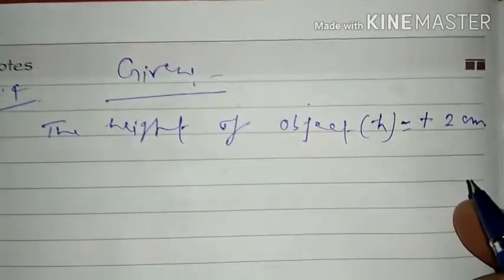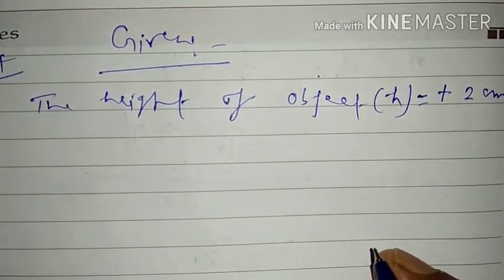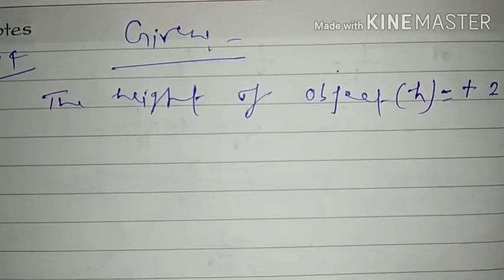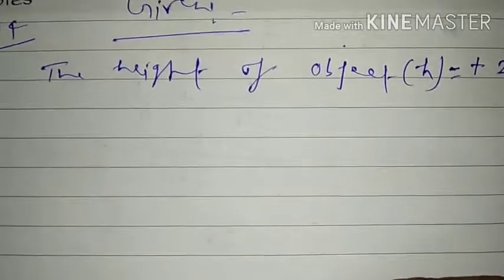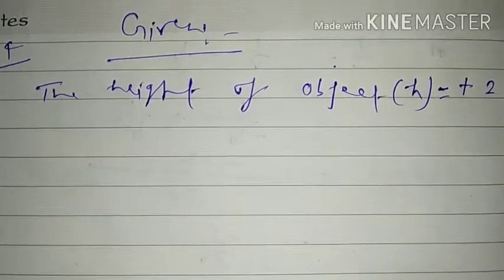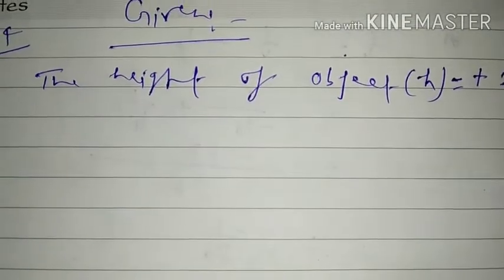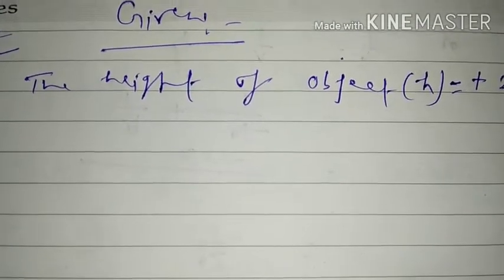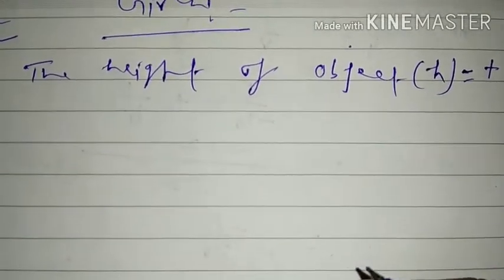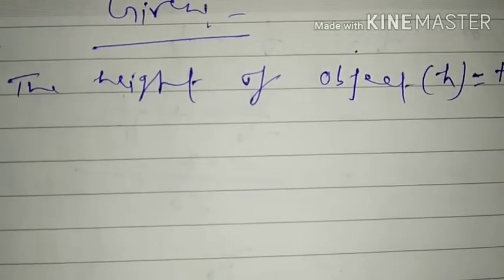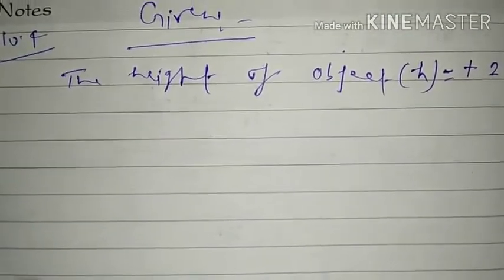It is given 2 centimeter, perpendicular to the principal axis of a convex lens. Here, nature of lens is convex. So, what will be the sign of focal length? Negative or positive? Exactly, positive. Remember it for your whole life. As the word is convex, whether it is mirror or lens, focal length will be positive.